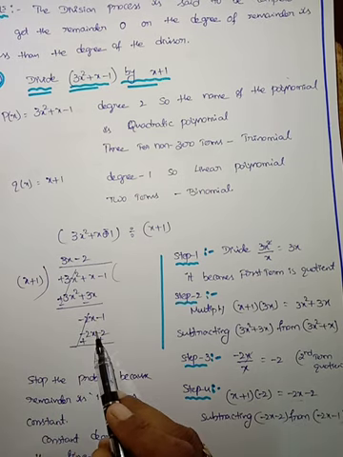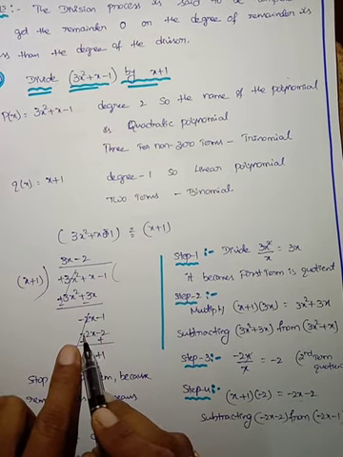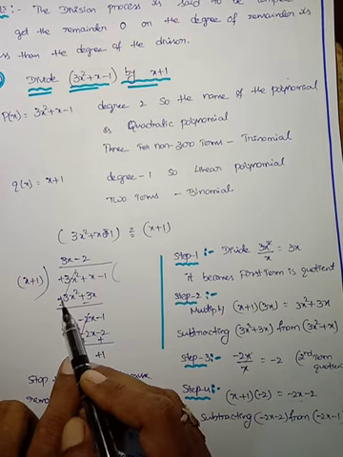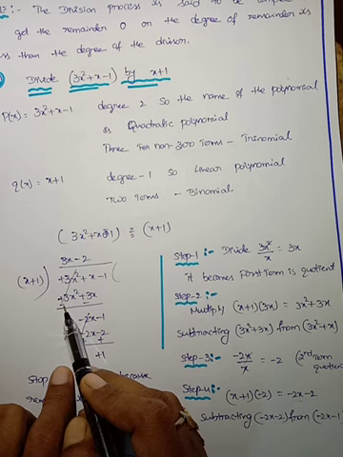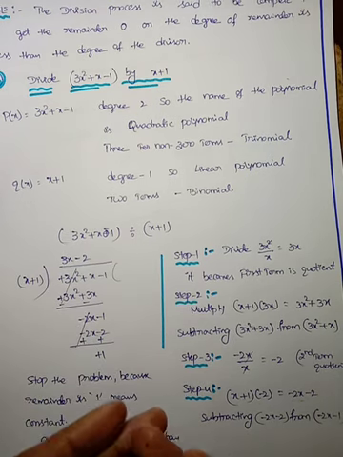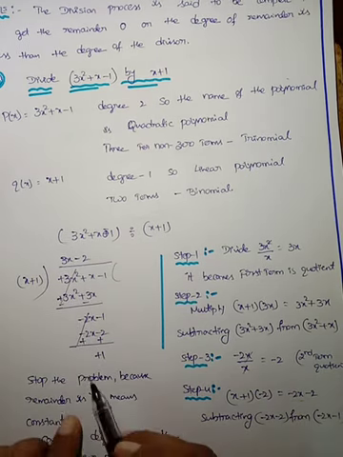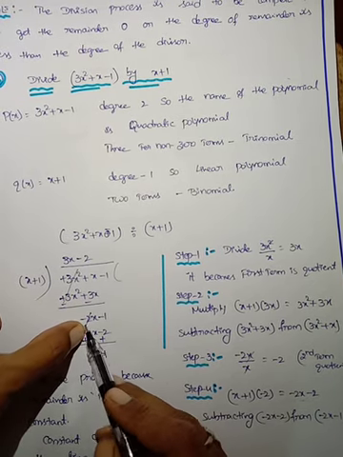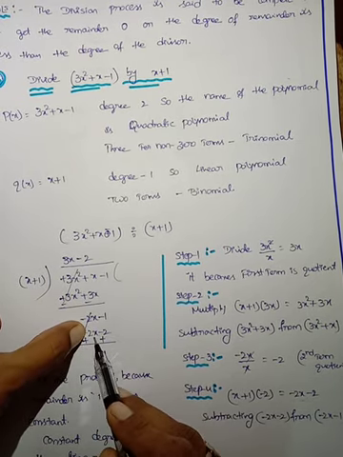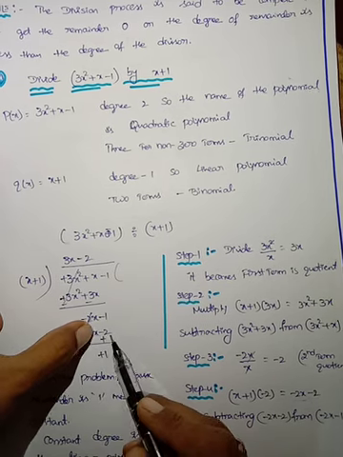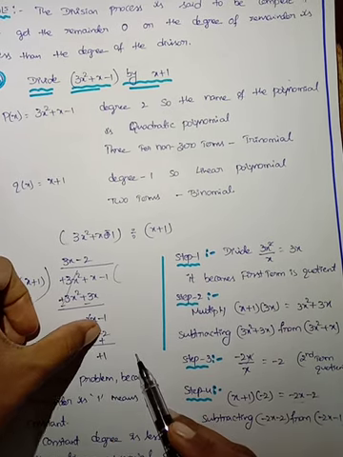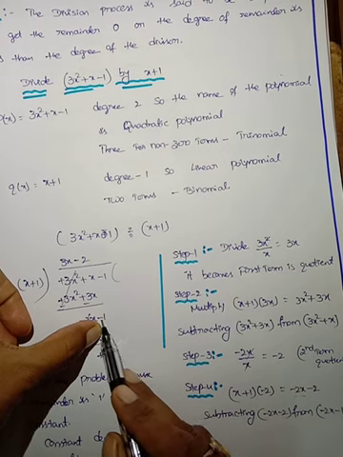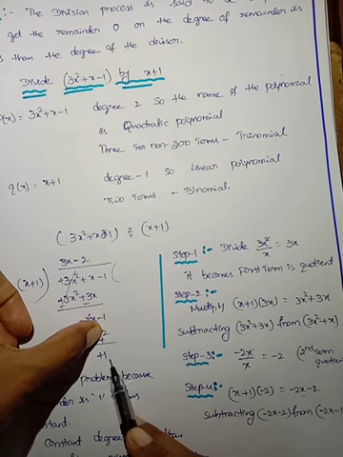Subtract these two, subtract means change the sign. Negative sign changes to positive, positive sign changes to negative. That is a subtraction. So you have to close this negative sign. This is the minus 2x, this is the plus 2x, both are cancelled. Here is minus 1, this minus is already changed to plus 2. Plus 2 minus 1 means plus 1.